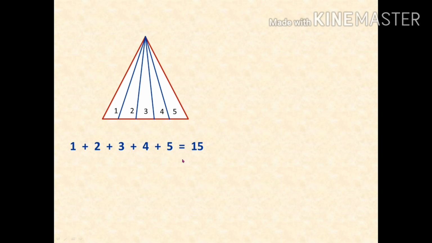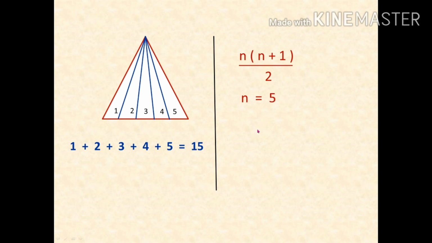If you want to do this addition more easily, there is a shortcut method also. If you want to add the numbers from 1 to n, that is 1 plus 2 plus 3 up to n, we can apply the formula for the sum of n series. The formula is n into n plus 1 divided by 2. Here n is the maximum number. Coming to this image, here n we will have as 5. So applying n equal to 5, we will get 5 into 6 divided by 2. So 5 into 6 equals 30. 30 divided by 2 equals 15.